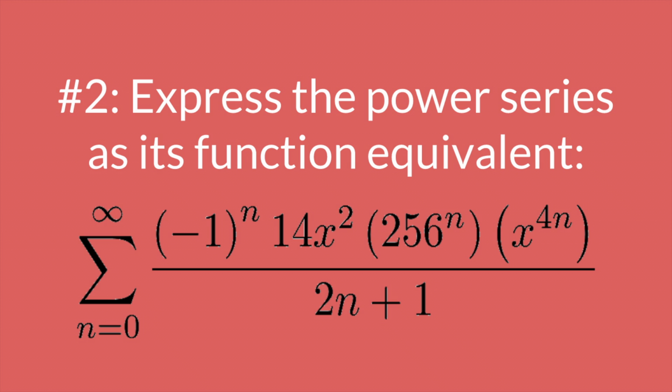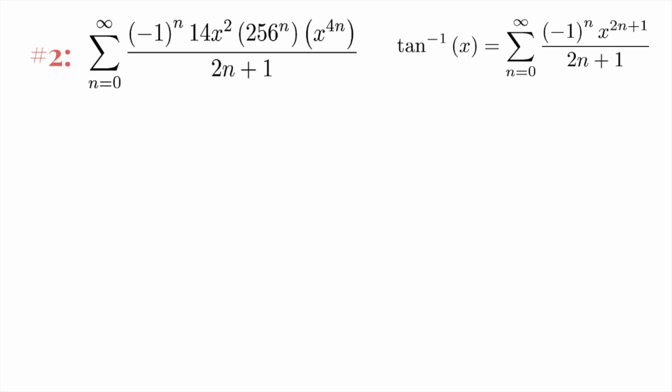So here we have this series, and we've got to write its function equivalent. Noticing the 2n plus 1 in the denominator is going to be really helpful because remember that arctan of x is the only memorized formula we know that's got that 2n plus 1 in the denominator. So if we can make our series become arctangent, then we have a really good bet of getting the right